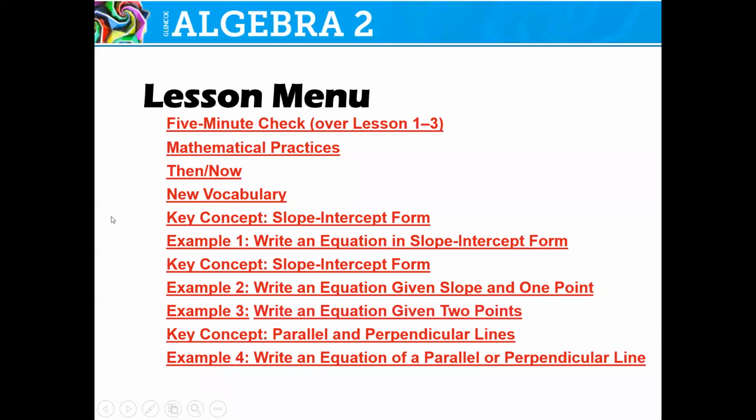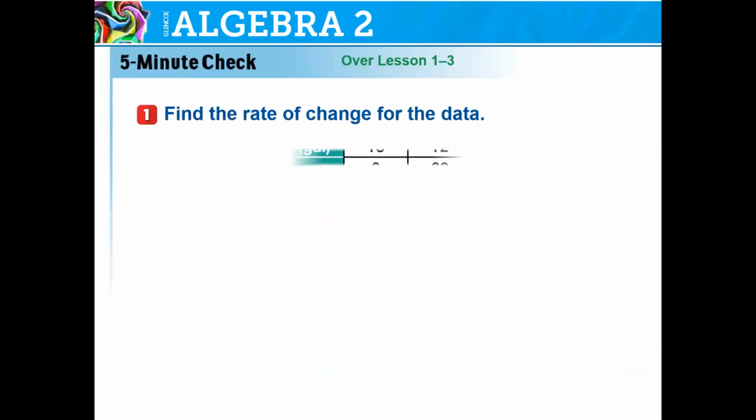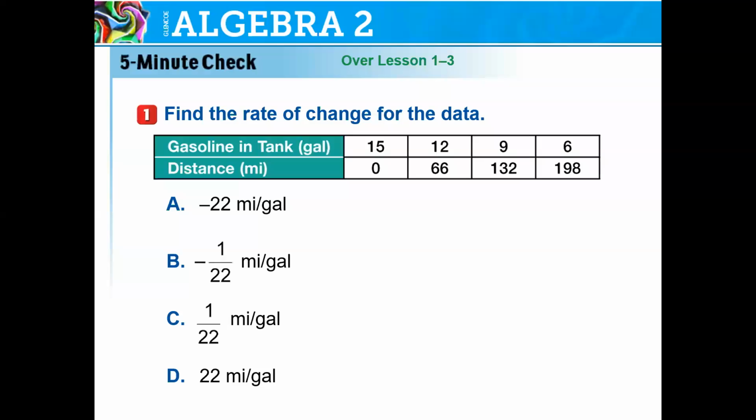Alrighty, but now we are off to our slides. And today we are actually going to go over the 5-minute check, because that's always corresponding to the slope here. So it says find the rate of change for the data. We have the gasoline in the tank and the distance per mile. So when we're given